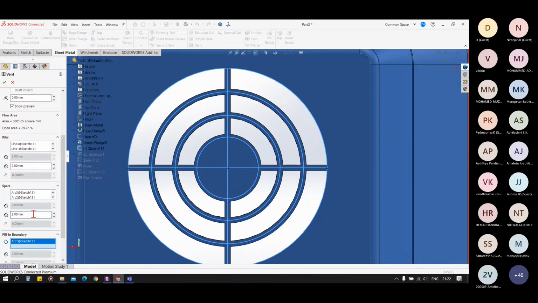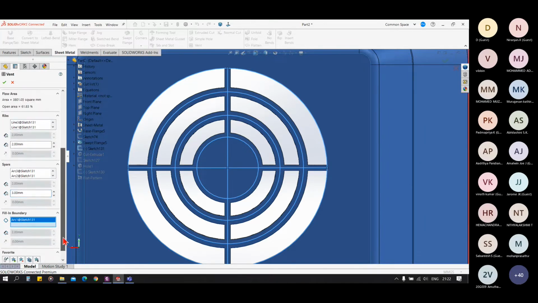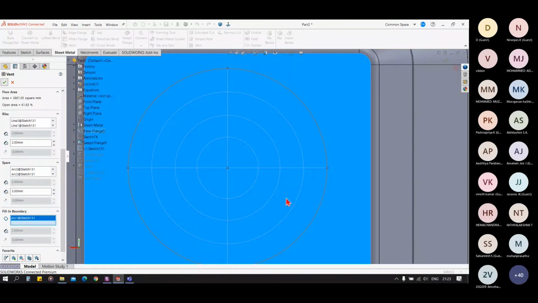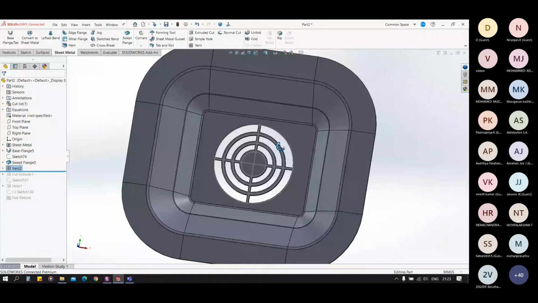We can change the thickness of the spars, and the thickness of the ribs likewise. When we click OK, it will create a vent for us like this.